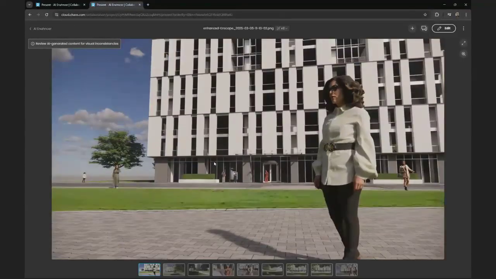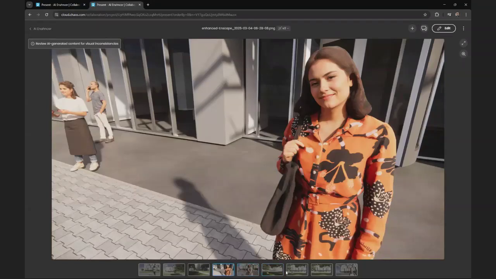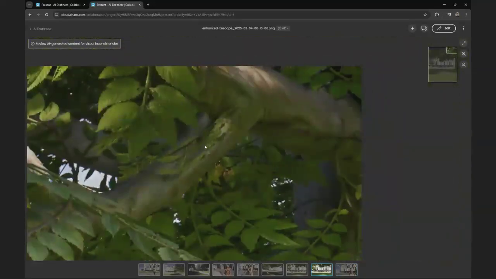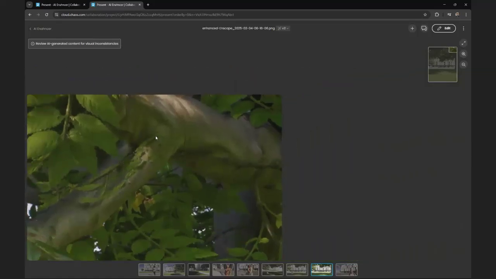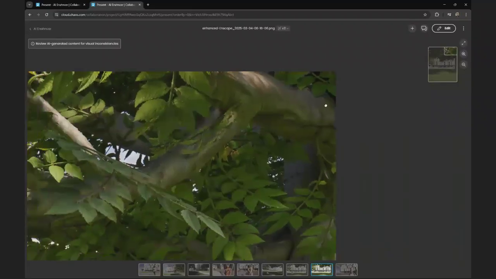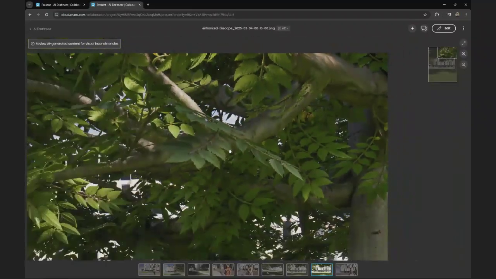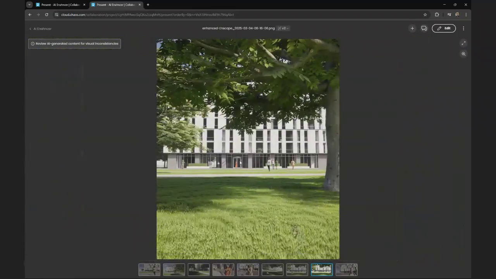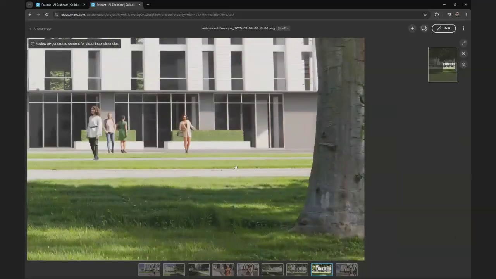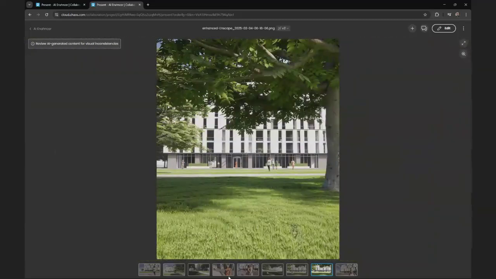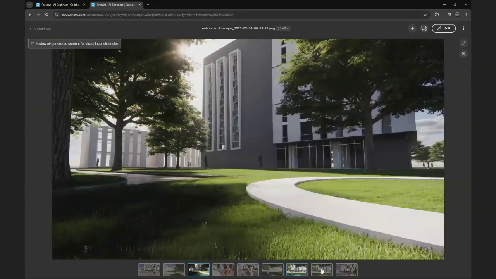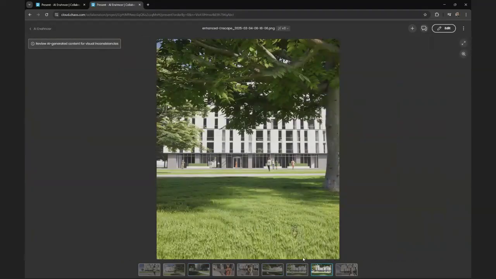Let's take a look at where and when to be careful, if I can describe it like that, because as I mentioned, sometimes we need to be careful with the results. They're not perfect every time. For example, right here, you see that the leaves are kind of going out of the tree, which is not something scary, or something very important right now because we will not see that. If I zoom out, we'll see just a tree, which looks fine, pretty good. But sometimes we can have strange results. This is an AI after all, and we should be careful with that.